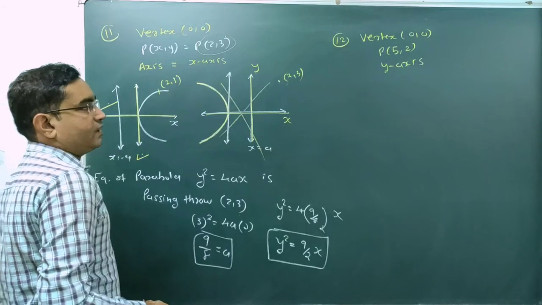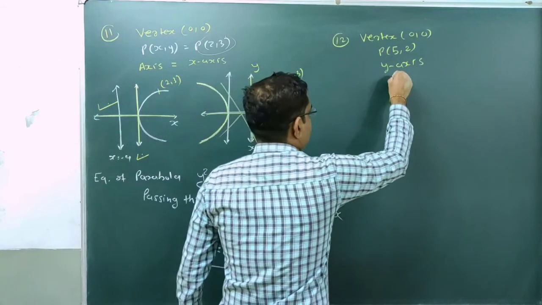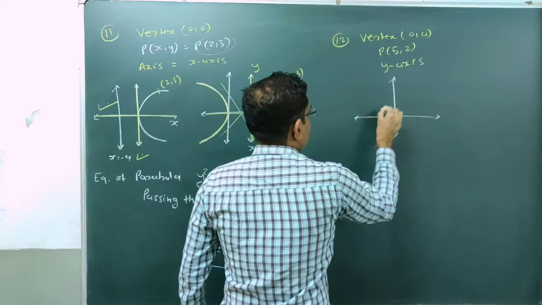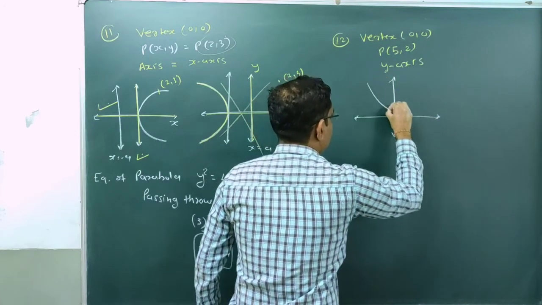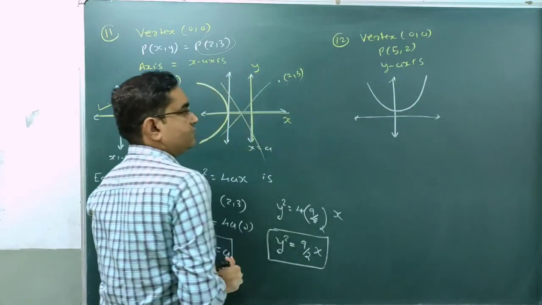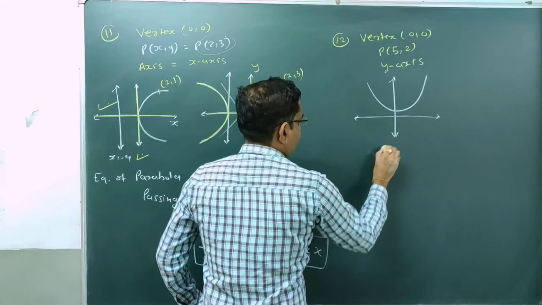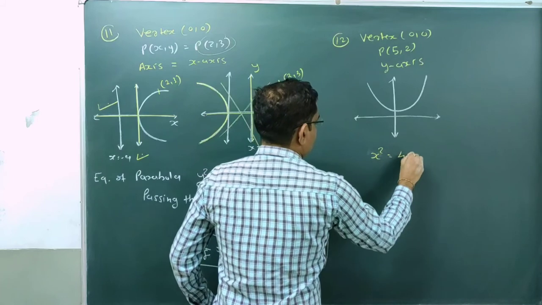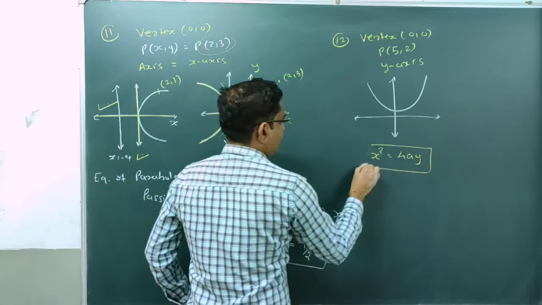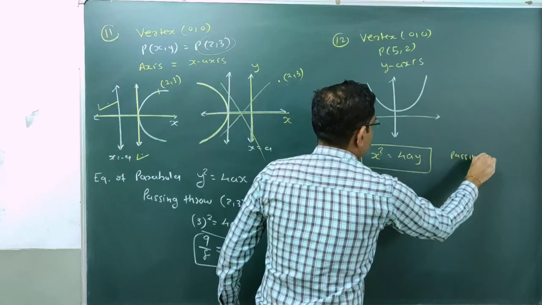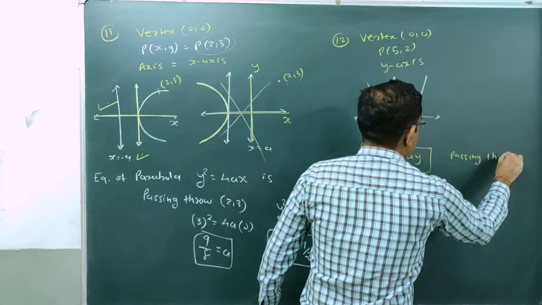So parabola is symmetrical about the y-axis. Passing from the point (5, 2). तो ऐसे आएगा y-axis और (5, 2) first quadrant में से पास करवाना है तो upward parabola आएगा. Done? So parabola will be x square equal to 4ay form. Passing through this parabola from this point, passing through